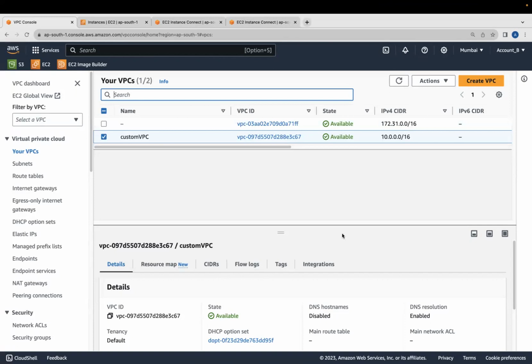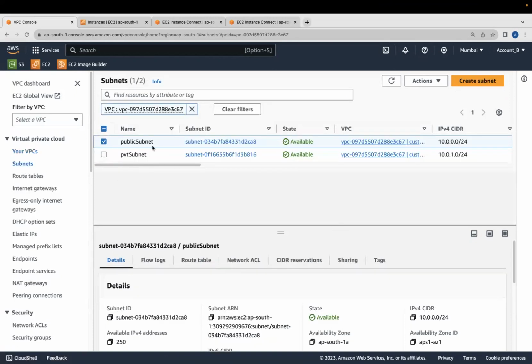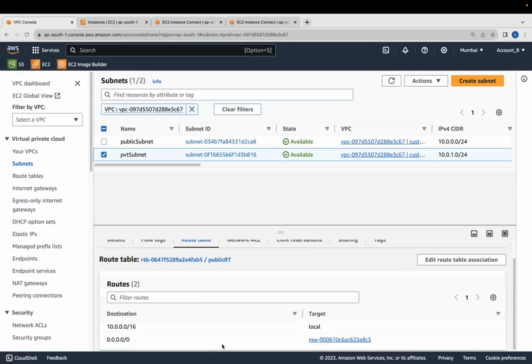Now we have not diversified the subnets, whether it is public or private. For the public subnet, we have just connected the internet gateway and made it public, but the private subnet still does not have an internet connection. Okay, so now let me go here, click on this private subnet, route table. Here we still have the internet gateway. That means